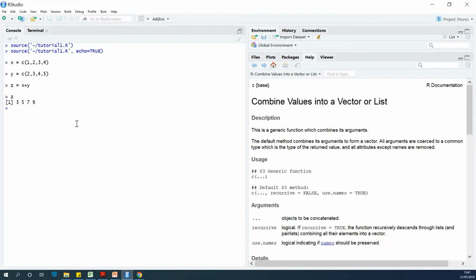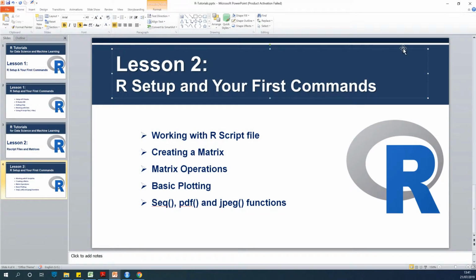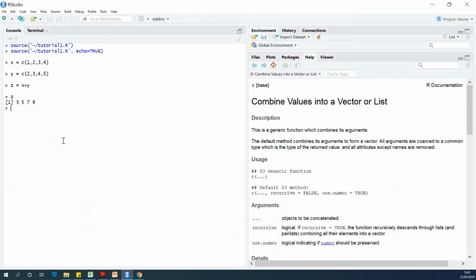All right, we mentioned that we are going to be working with matrices today. So let's see, how do we create a matrix? Of course, you know that a matrix is a collection of numbers. Let's take, for instance, that we want to create a matrix made up of 4 items, 1, 2, 3, 4. So you can say A is equal to